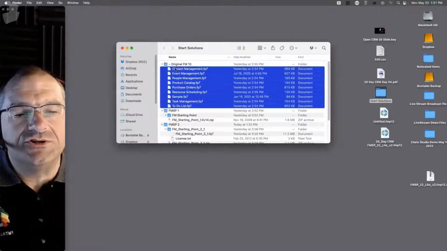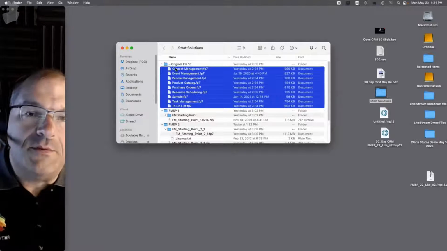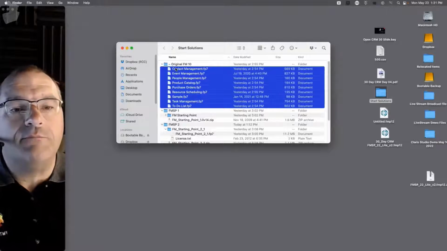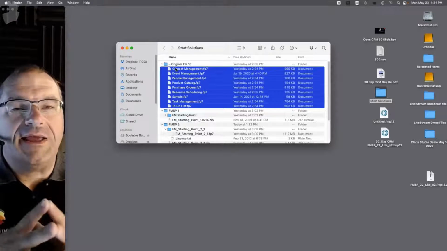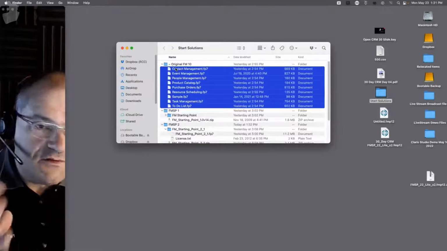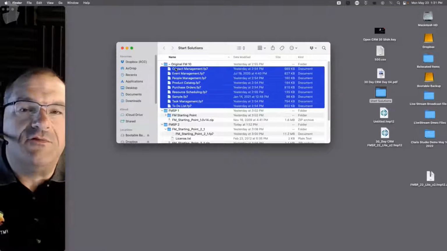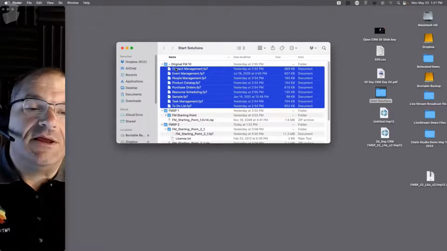So these are Starter Solutions. At the time, my company was contracted to update them. There was very little updating. Claris had a big, long list of them. And I came back, and it was Rick Kalman down there at the time, who's still down there. And I said, Rick, this would be really great if you combine these things together, because they're kind of, what